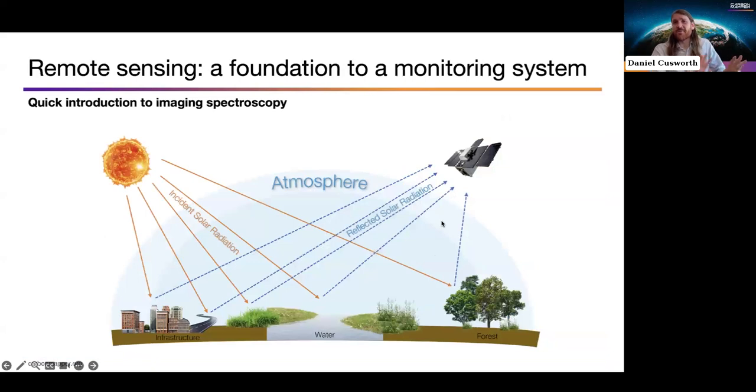Okay, so now I want to get a quick, this will be very quick, and there's lots of literature on it, but how does the technology work? What we use here to design that type of observing system is built on the foundations of imaging spectroscopy. We have a simplified diagram here, as you can imagine. Solar radiation comes from the sun, goes down to the earth. Some of it's backscattered, some of it's reflected off the surface of the earth, and then it goes up to